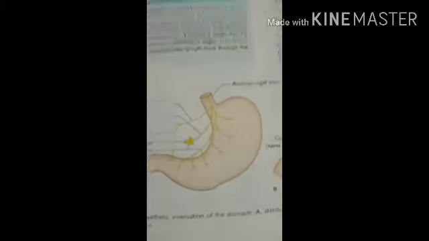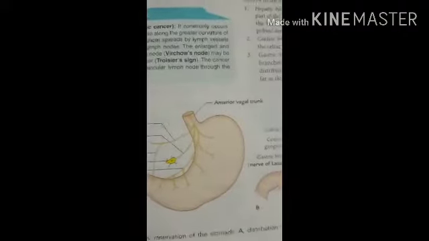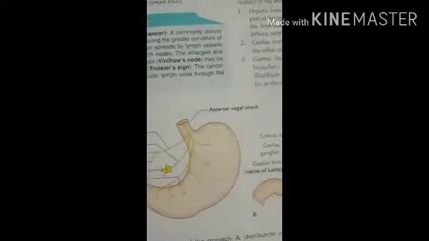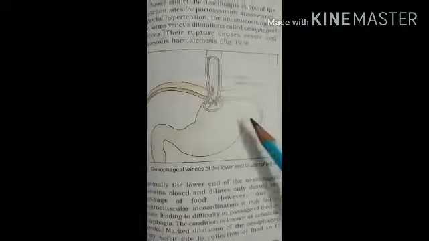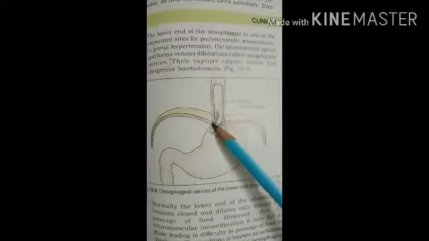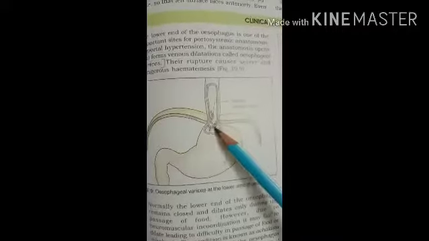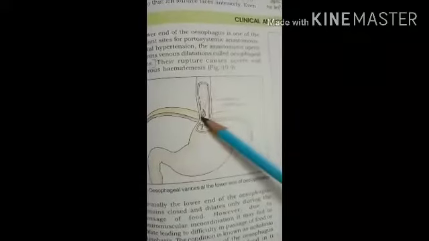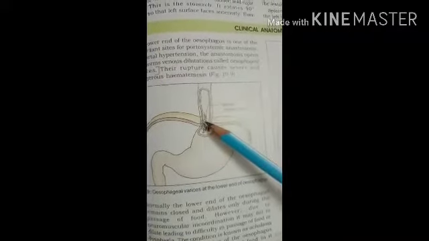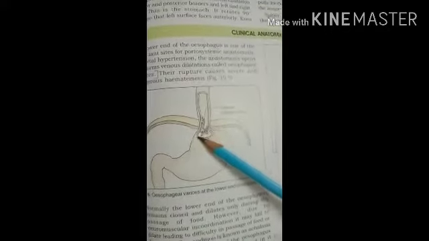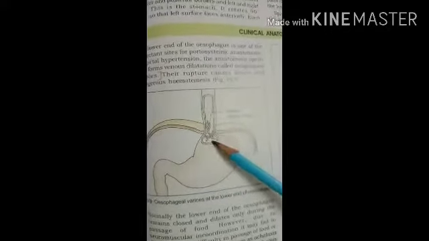Okay? After that we have to see the clinical anatomy of the stomach. So the first clinical point related with the stomach is oesophageal varices. So you know that the lower part of the esophagus is related with the portosystemic circulation. So if portal hypertension happens, the lower part of the esophagus, which is related with the stomach,